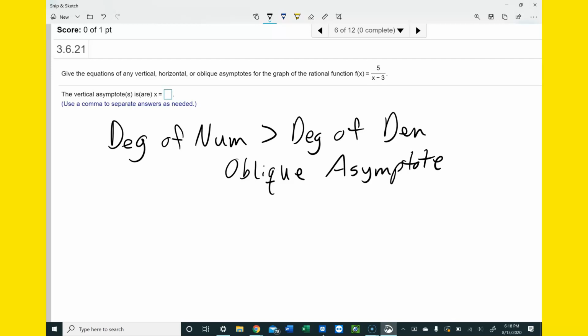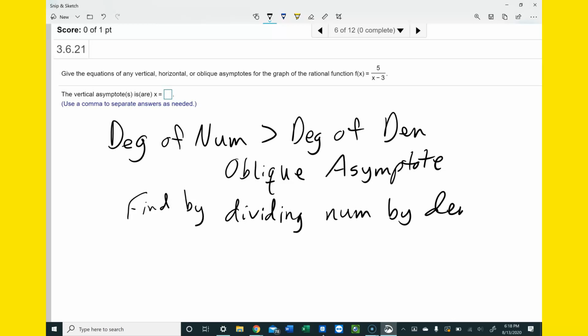And you find the oblique asymptote by dividing the numerator by the denominator,